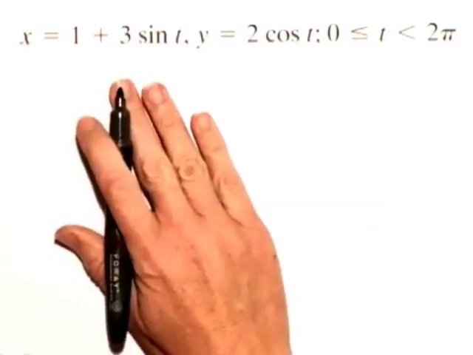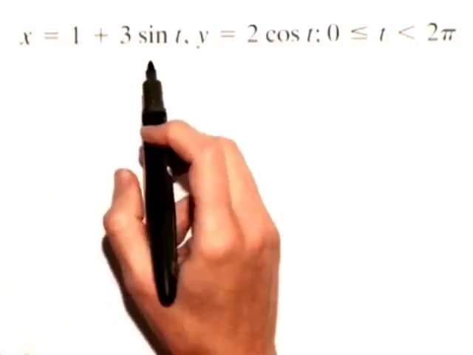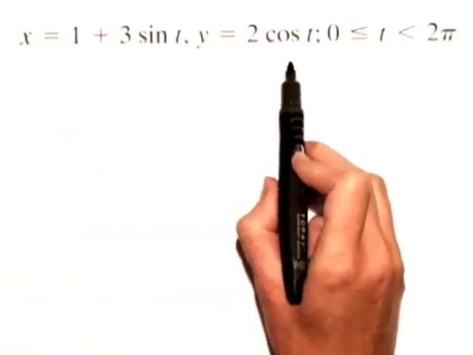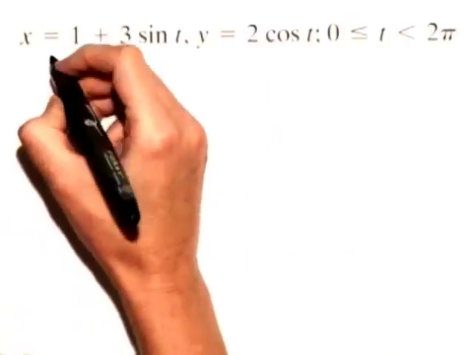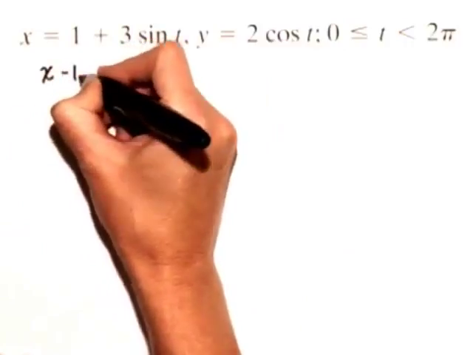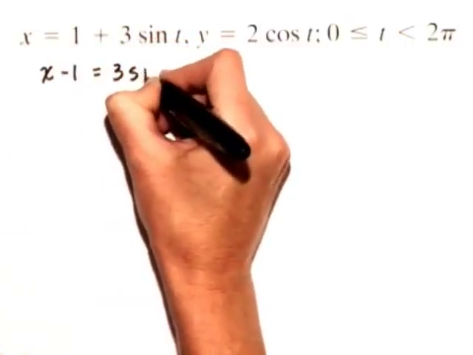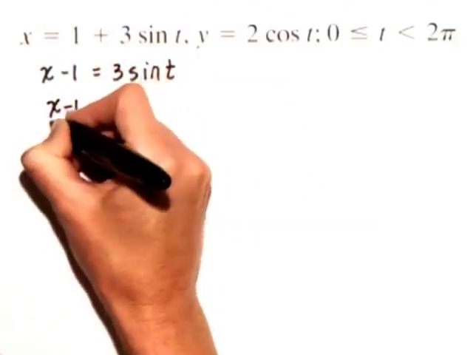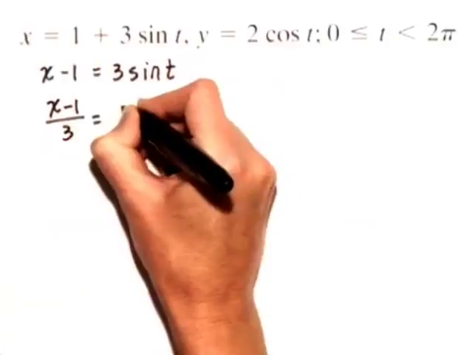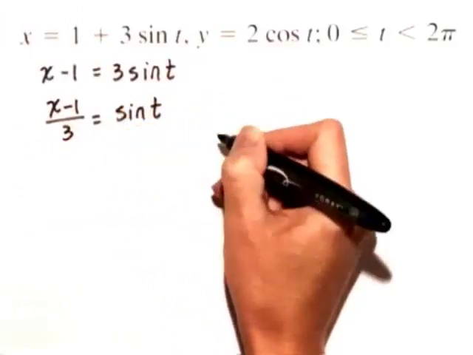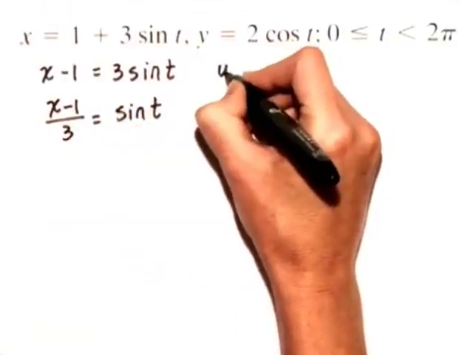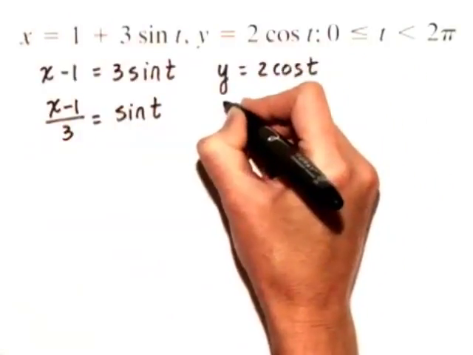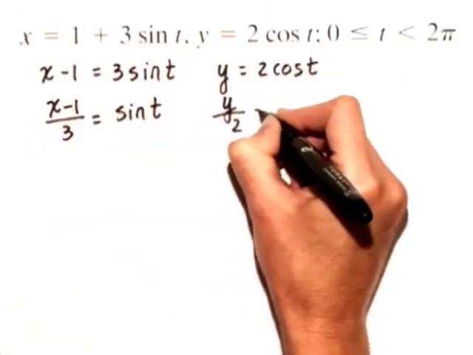So we're going to use a little trigonometry trick here, and we're going to isolate the sine t in the first equation and the cosine t in the second equation. When we do, we'll get x minus 1 equals 3 sine t. Dividing both sides by 3, x minus 1 over 3 is equal to sine t. For the second equation, y equals 2 cosine t, we'll divide both sides by 2 and get y over 2